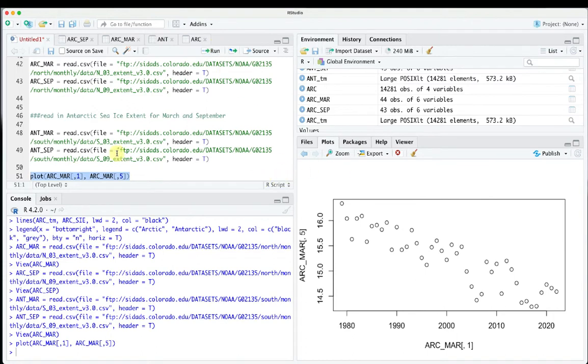That looks definitely like a downward trend here. Let's go ahead and add some things to it. Let's do type equals O, overplot equals 2, our Y label. Let's do our X lab first, actually. X lab is going to be our year, and our Y lab is going to be our